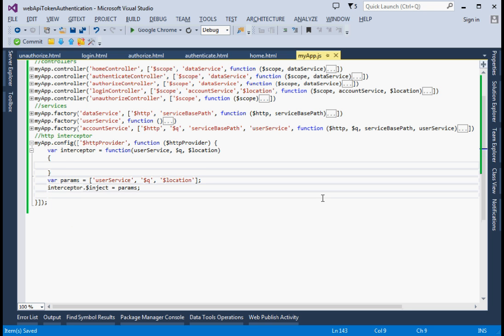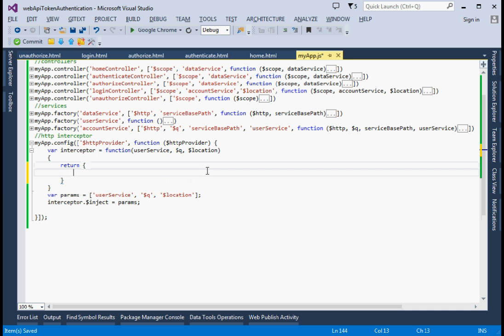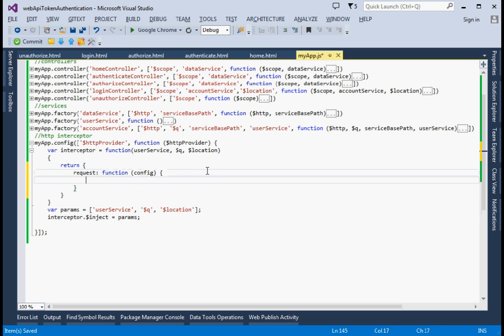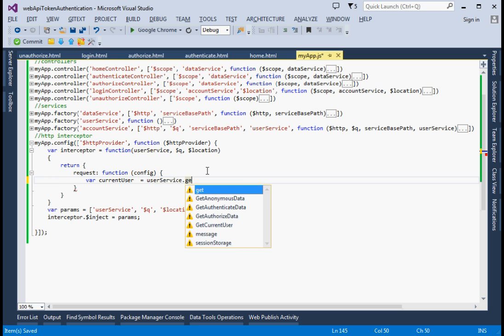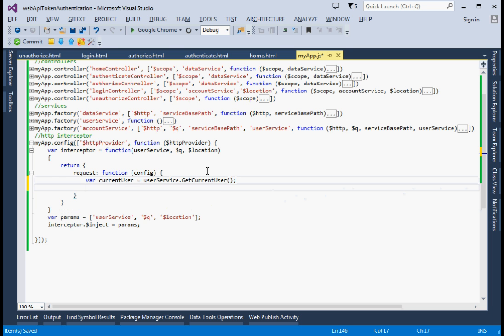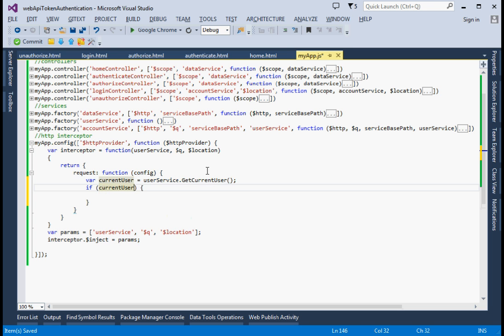Here we will intercept request. What we will do here, we will add token into request header if we already have. For current user, service dot get current user, and if the current user is not null, then what we'll do, we'll add config dot